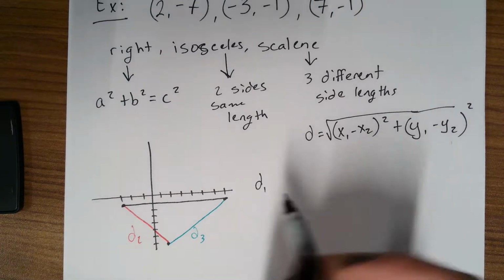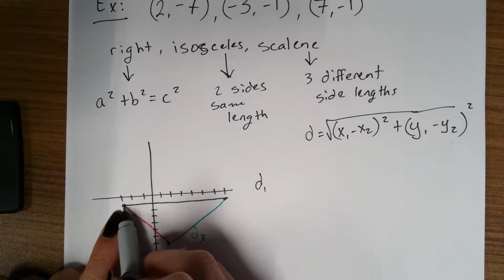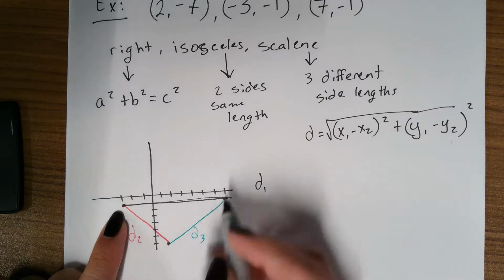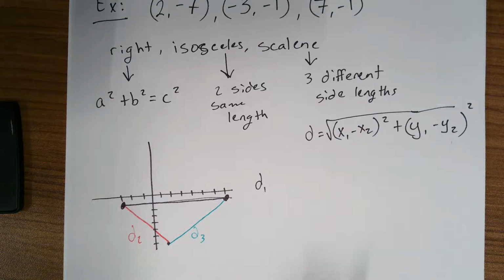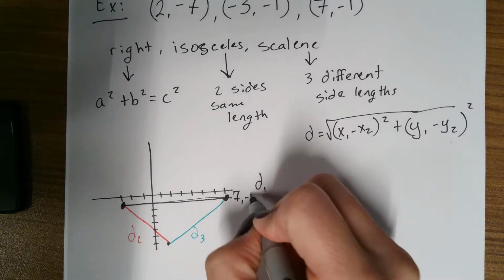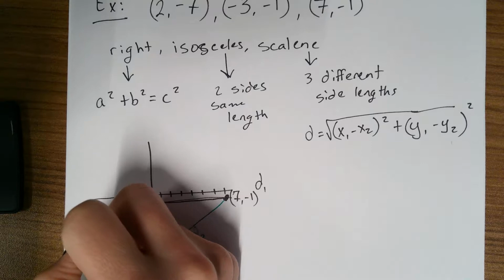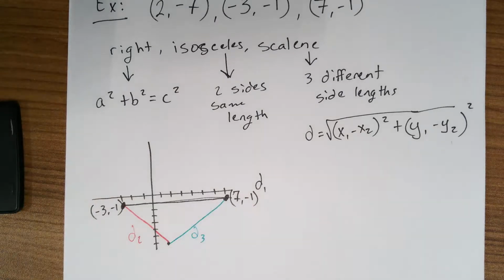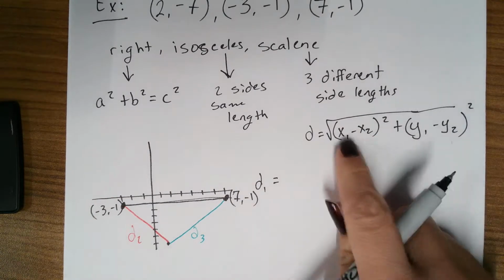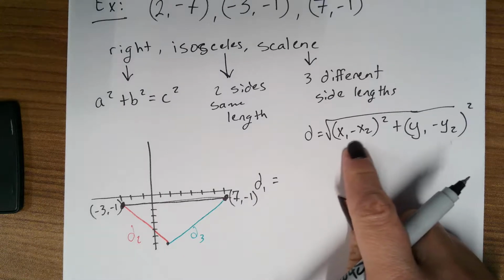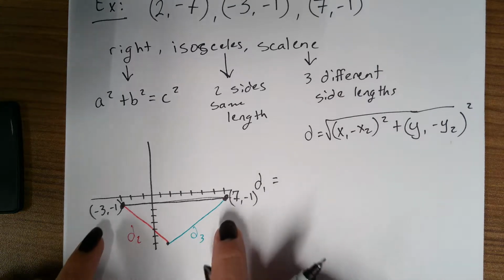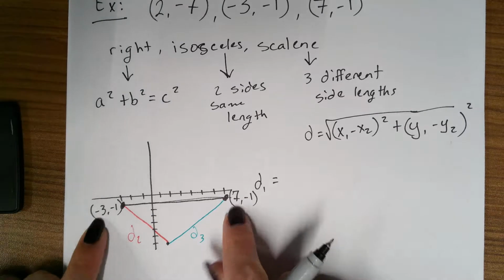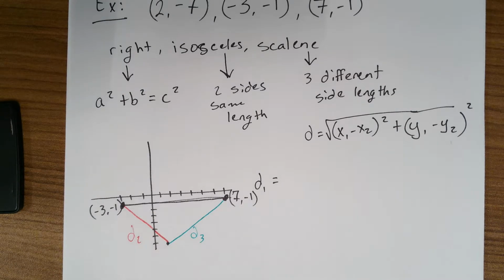So I want to find the length of this black side, so D1. So I need to know what are these two coordinates. We just plotted them. This is (7, -1). And this is (-3, -1). So first, finding the difference between my two x values. So my x values are -3 and 7. It doesn't matter the order that I write them in, as long as,